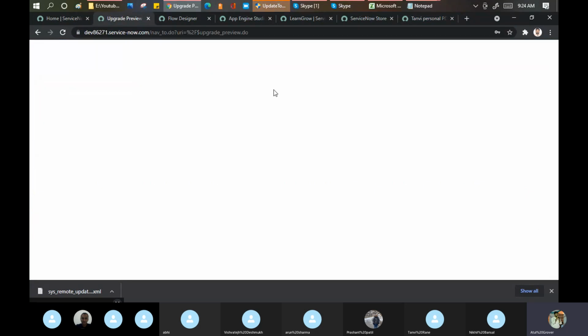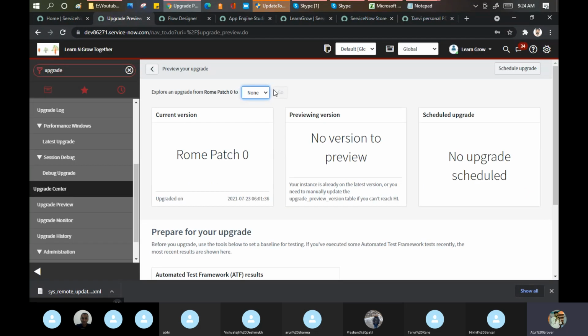So what ServiceNow says is, I know your customer will be a little worried. Upgrade is always the toughest part. So ServiceNow says, I will give you the option here for these many upgrades you can do. When you click on go, it will create a preview for you. It means it will not actually do any upgrade. It will just replicate.